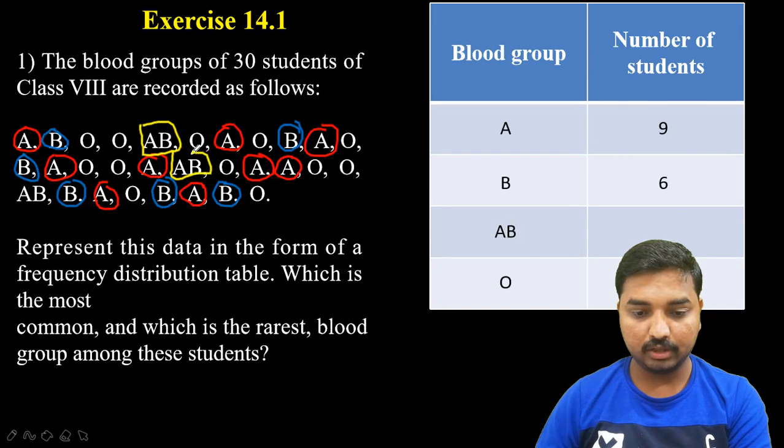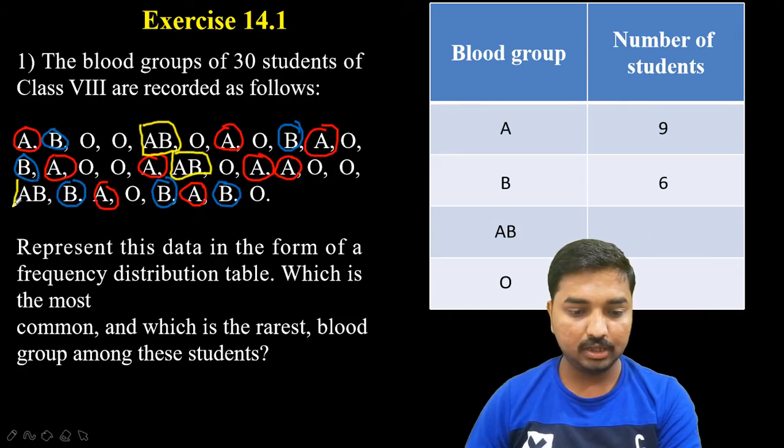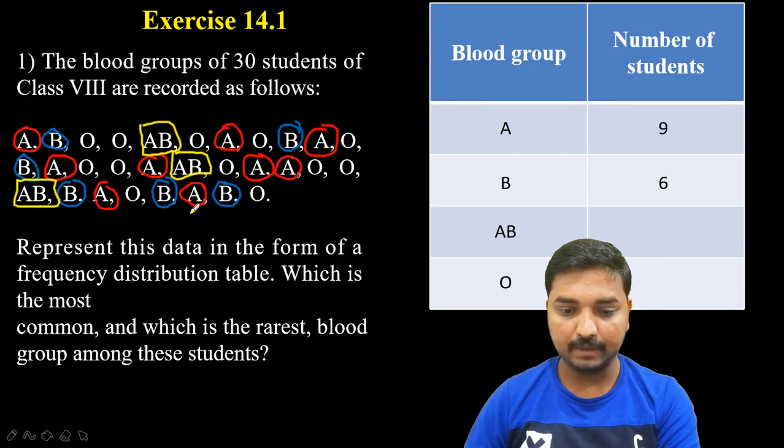Okay, without marking, don't count directly, because there may be a possibility of wrong count. That's why here it is AB. Okay, how many persons are there? Just 3, I think. Okay, yes, definitely 3. So now whatever is left, all must be less. There's no need to mark all these letters.